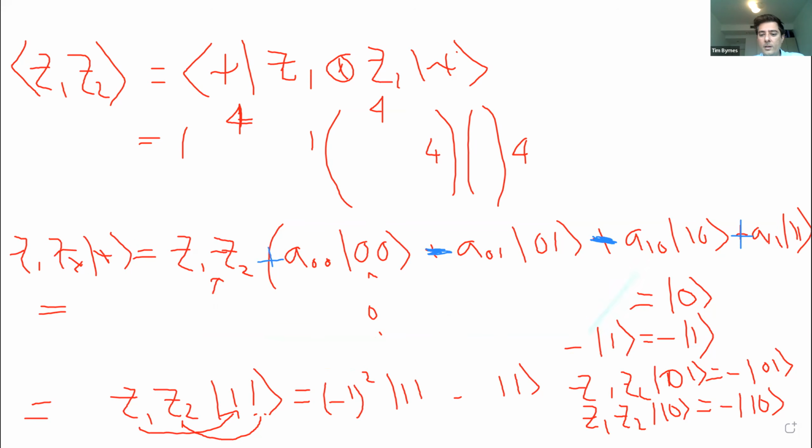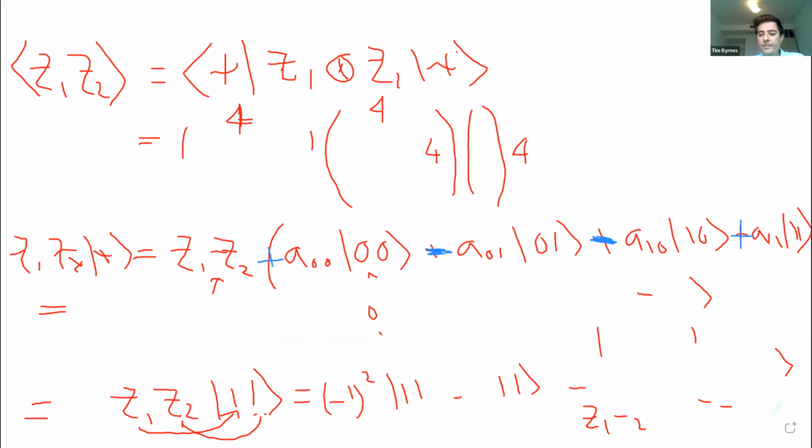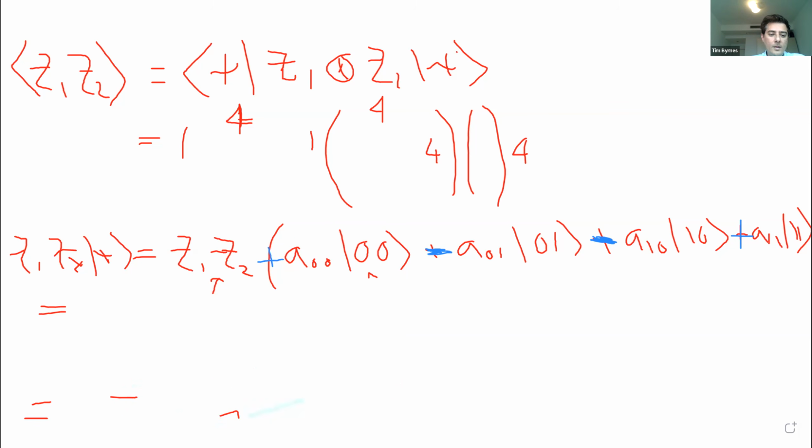No. Okay, so we worked out what happens after Z1 gets applied. I can't change the color back. Okay, here we go. All right, so